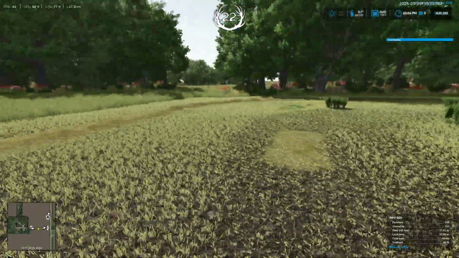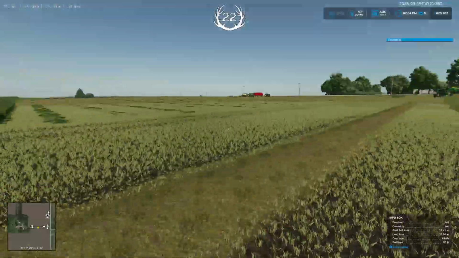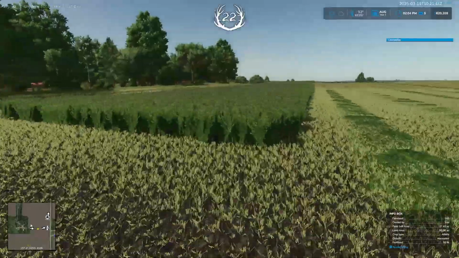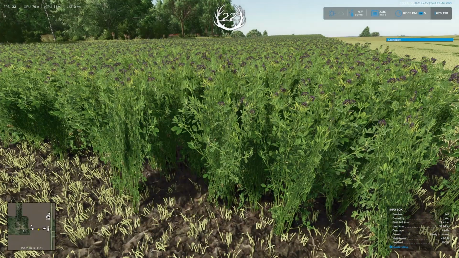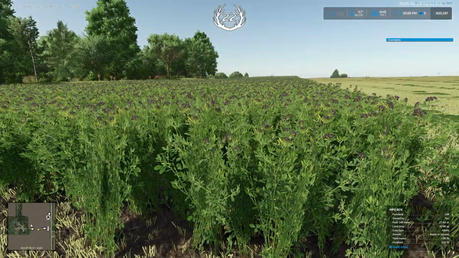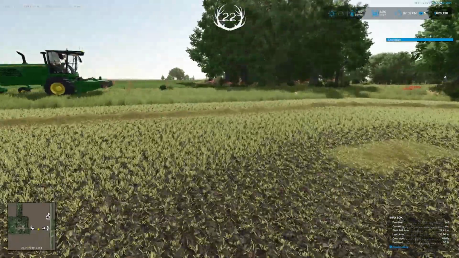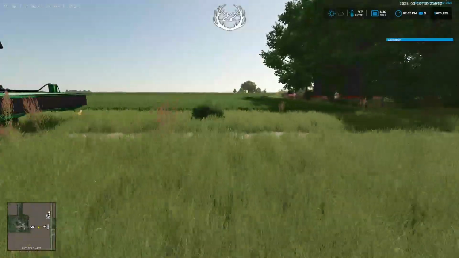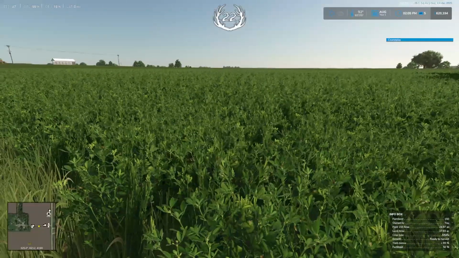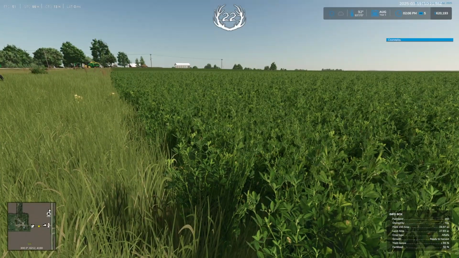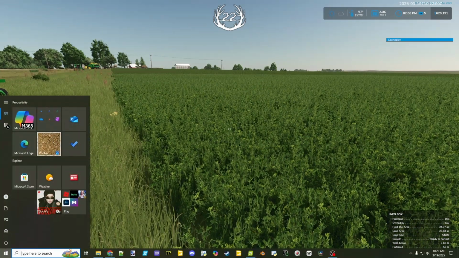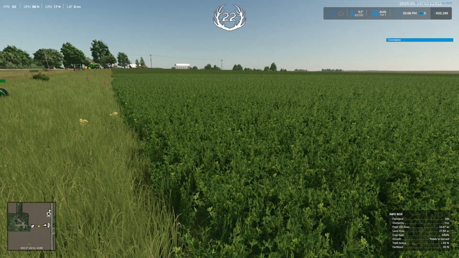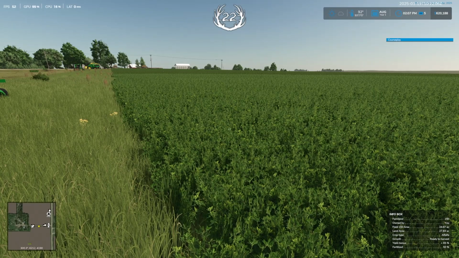Okay, so now we're loaded up in game. We can see I already kind of pre-set up and pre-cut this field just to show, but it should look pretty good. We've got two different harvestable states. We've got one with the purple and one without purple. So as this is growing, it will get to this growth state. You can mow it, but if you check the XML of the alfalfa that I provided, if you look really closely,